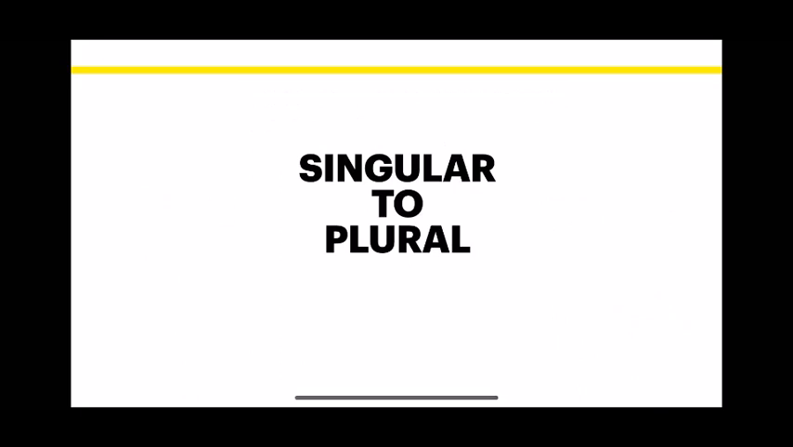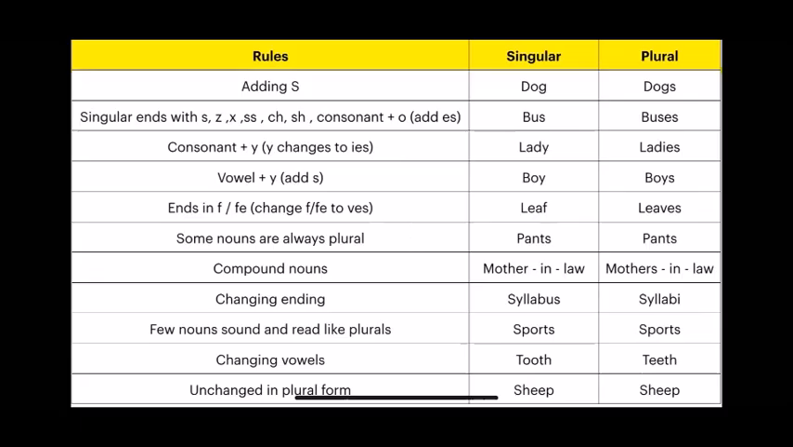Now, how to turn singular to plural? Let's look at some rules. The general rule is to add s to the singular noun. So, if the singular is dog, in plural it becomes dogs. If the singular ends with s, z, x, double s, ch, sh, consonant plus o,